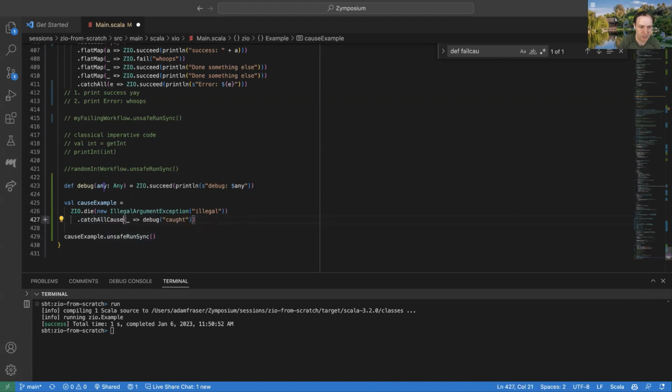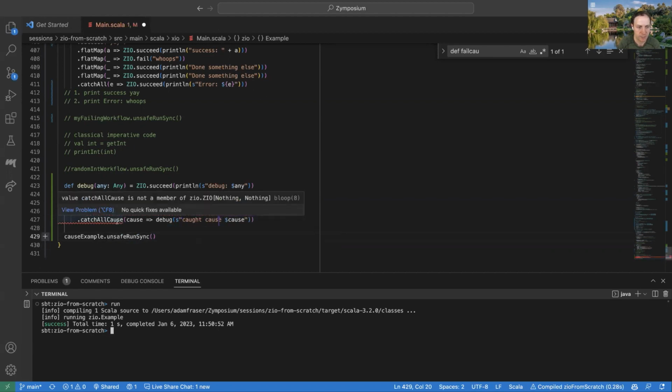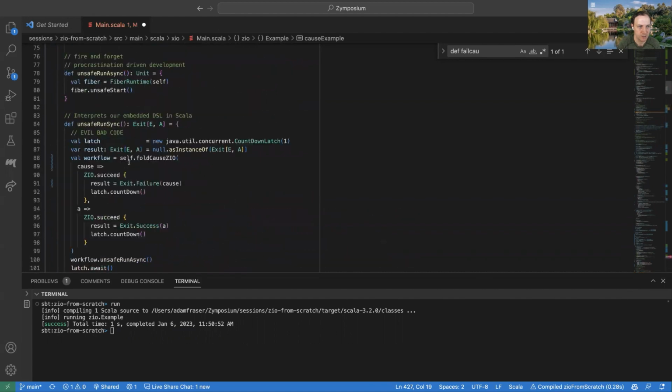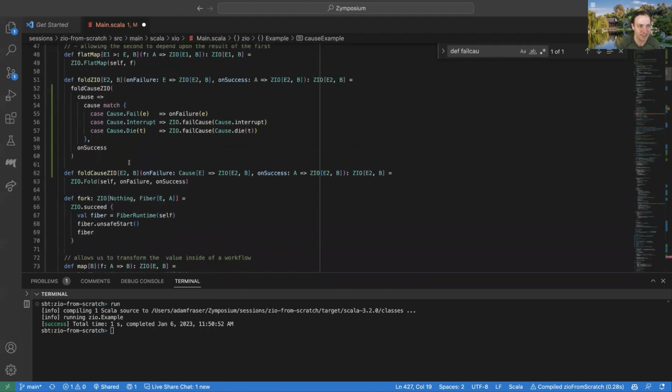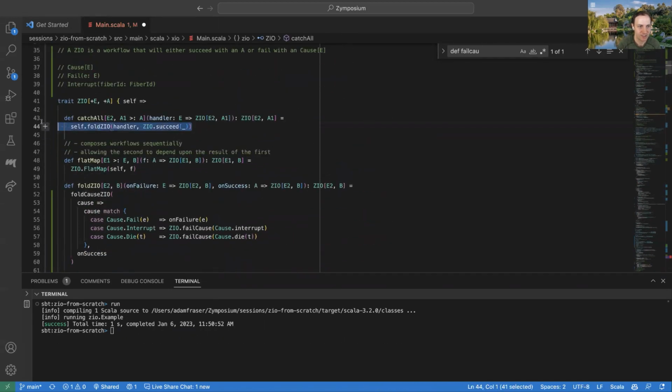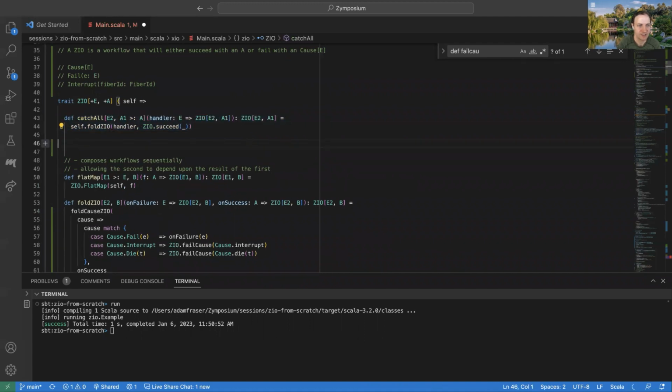And so we can see we didn't get any output here. Now let me change this to catch all cause. And if we've implemented this right, let's implement catch all cause. If we've implemented it at all. So again, I'm just going to create the cause variant of this thing.